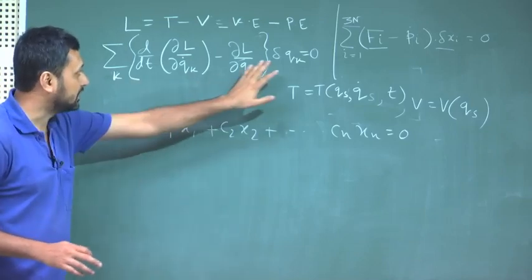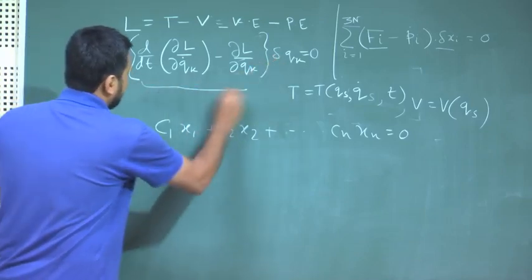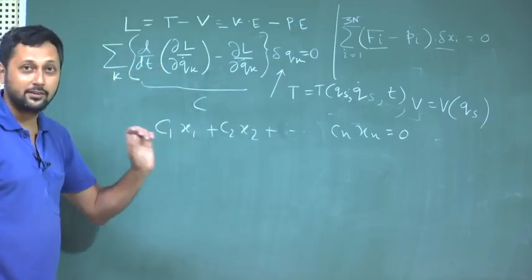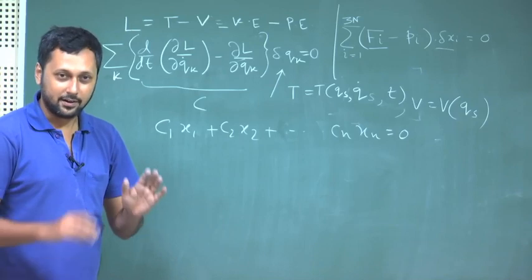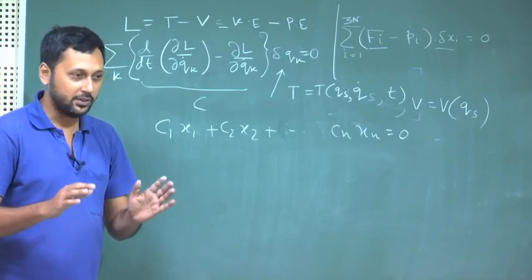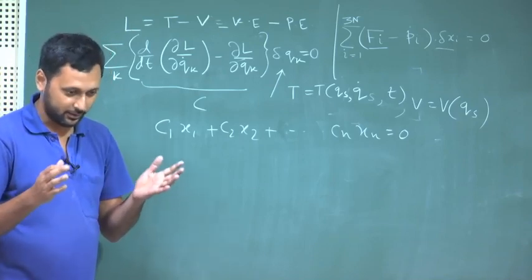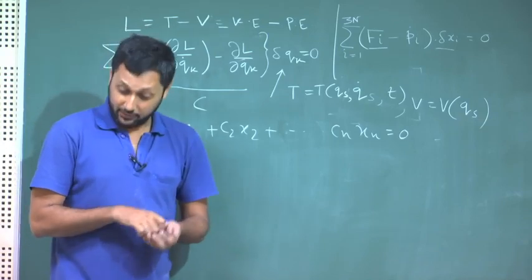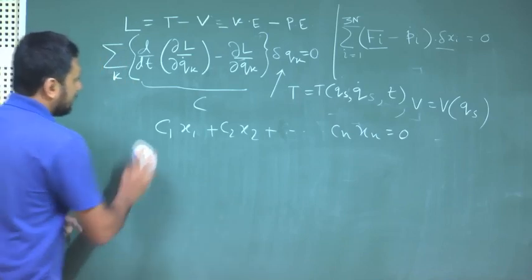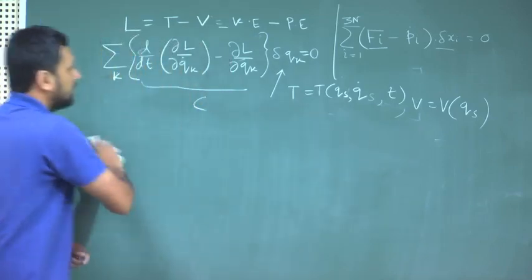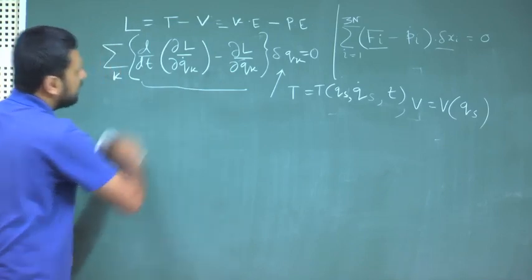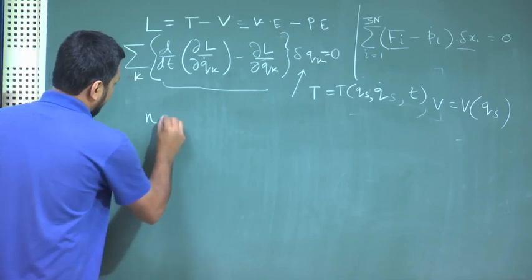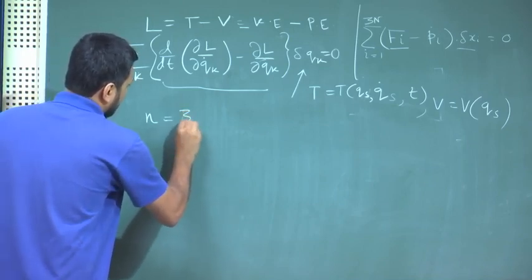Now, we have reached a situation where these are my C's and these are my x's. All the x's are independent, because that is the definition of generalized coordinate. Generalized coordinate means a set of coordinates which are all independent of each other. Now, if this is the case, we might as well equate each and every coefficient equal to 0. That means, we can get n number of equations, n is equal to, if you recall, 3n